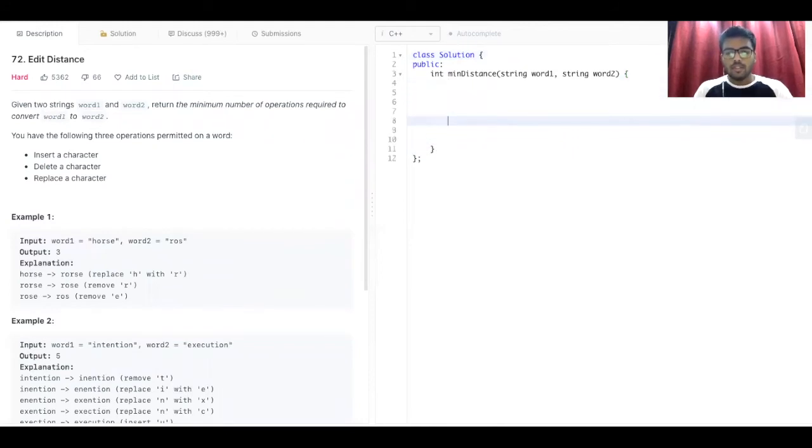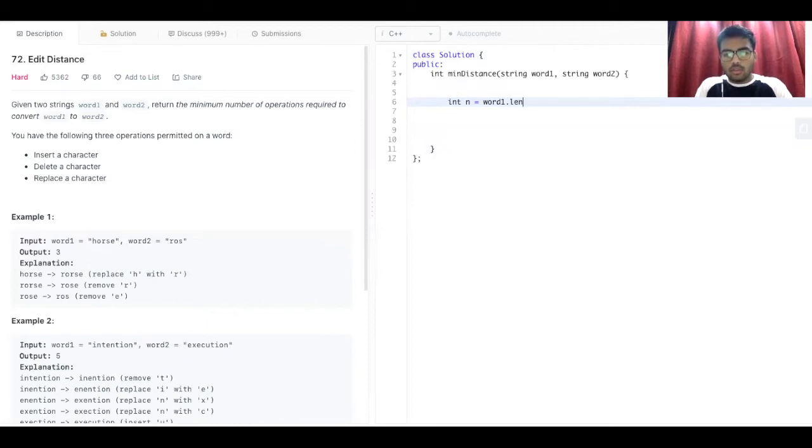So first, let me just create a basic memoization function for doing the memoization, which will work as DP only. So let's do that.